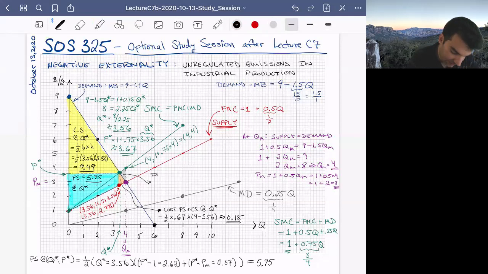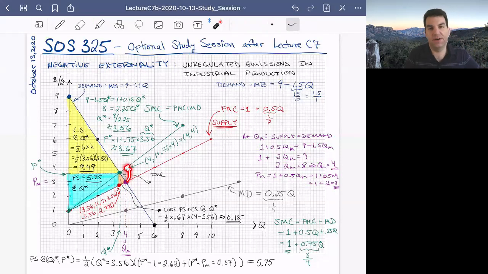Deadweight loss is still a little confusing, but if you think about what this deadweight loss is, it's just if you were to operate at the unregulated market equilibrium without the tax, then you would be getting marginal benefits that would be down here, but your marginal cost to society would be up there. So because your marginal costs are greater than your marginal benefits, that accumulates into reducing your